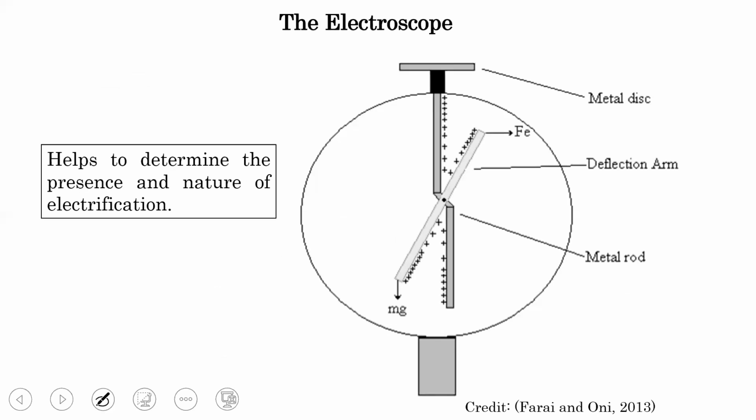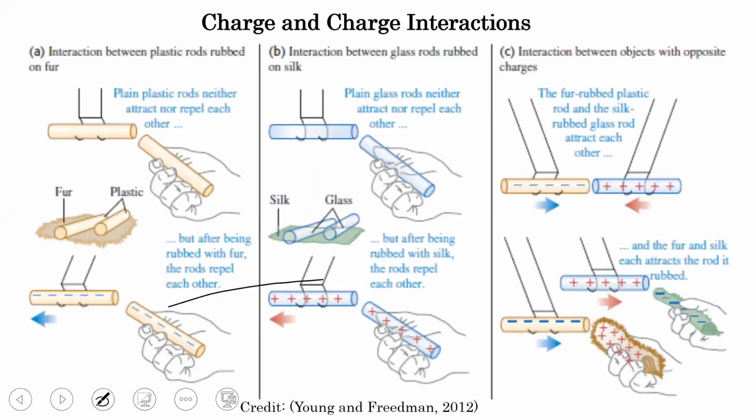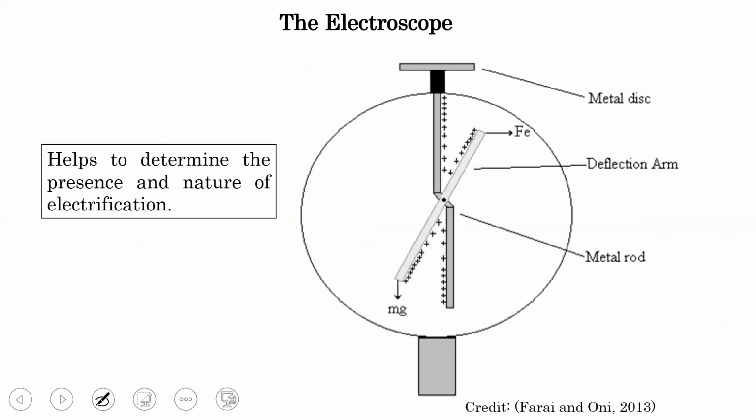So to determine the presence and nature of charges, the device that is used is called the electroscope. I got this diagram from a book written by many lecturers in the Department of Physics, and it's part of the list of books I promised to give you. It was edited by two professors, Faraye and Rooney. So let's go back to the